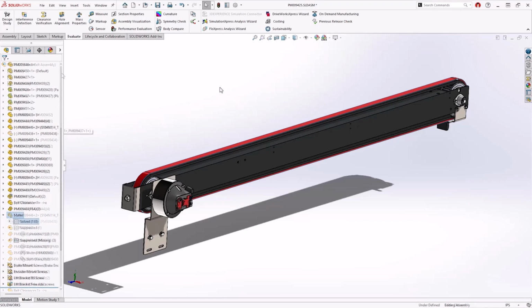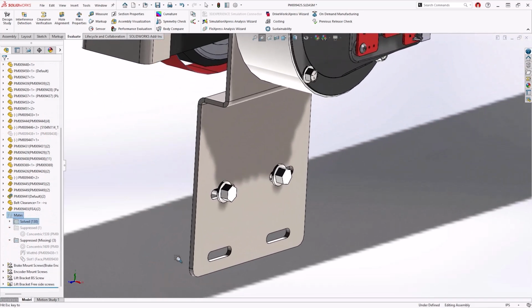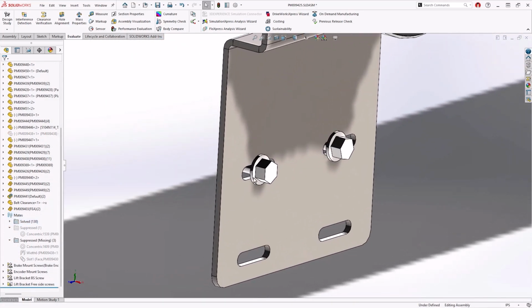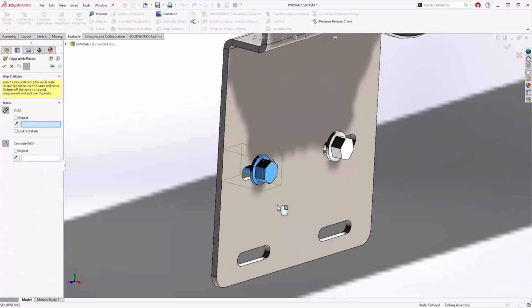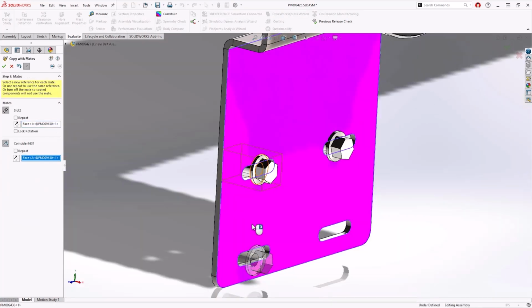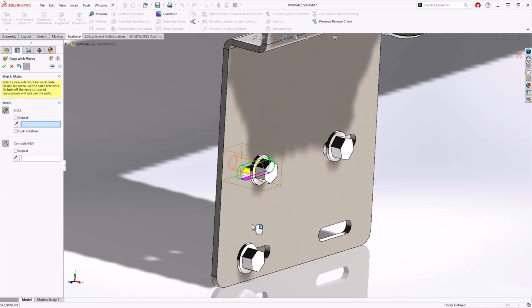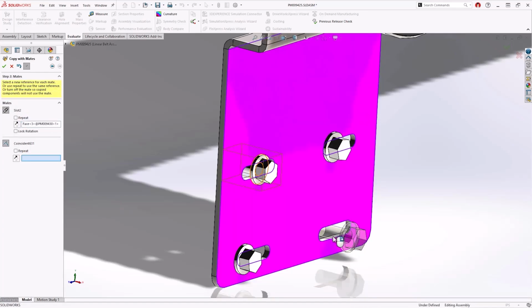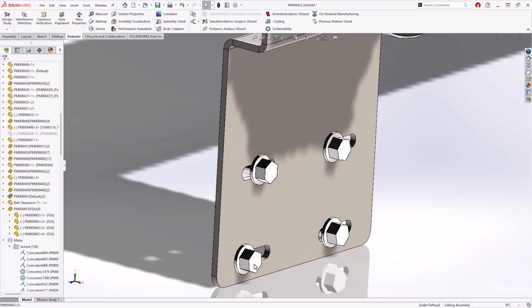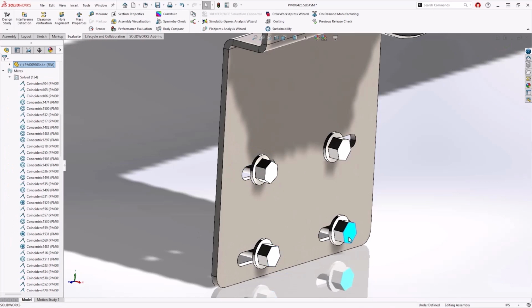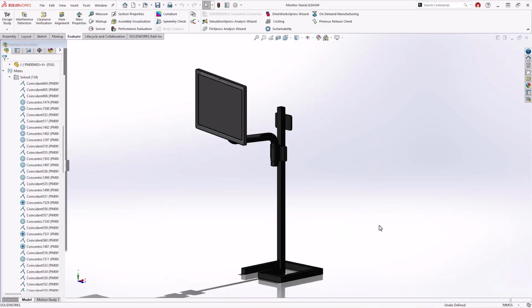There are a few other fasteners that need to be mated into place in this assembly. Copy with Mates is a useful tool to carry over components and the referencing mates. Now in SOLIDWORKS 2025, Copy with Mates supports advanced mates and mechanical mates, such as this slot mate. Using the right mouse button menu, it's easy to select these entities and progress to the next field to define each new slot mate reference face, all independent of each other.